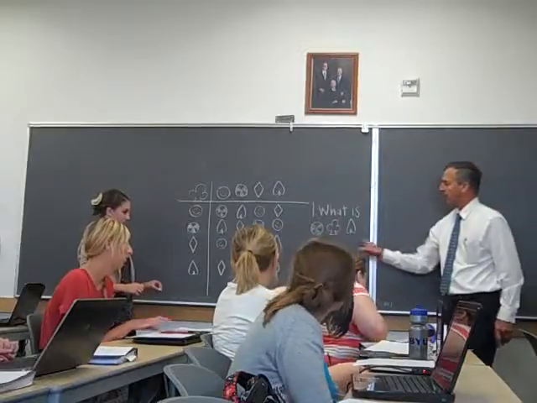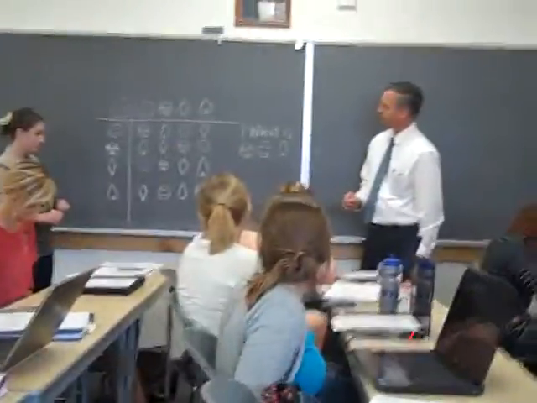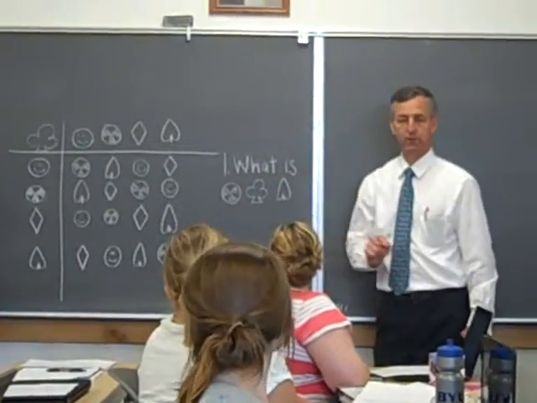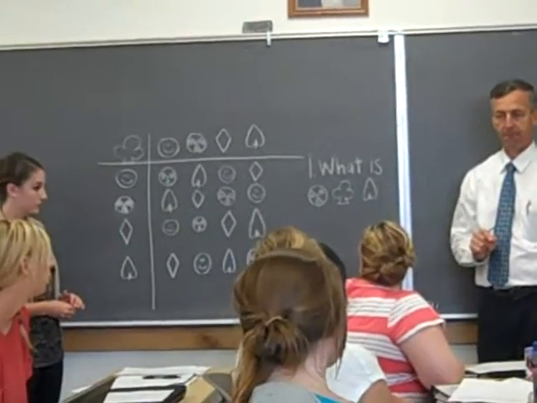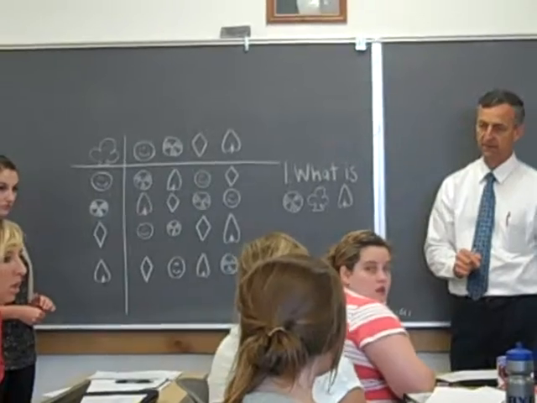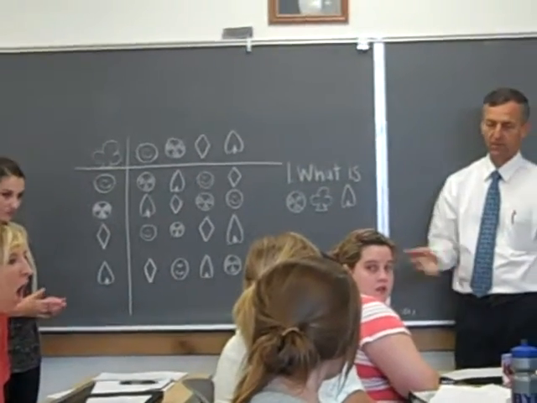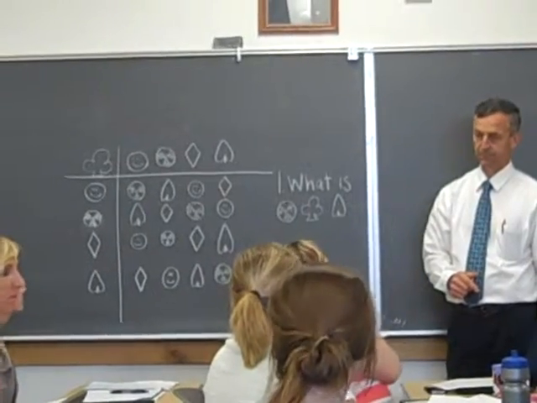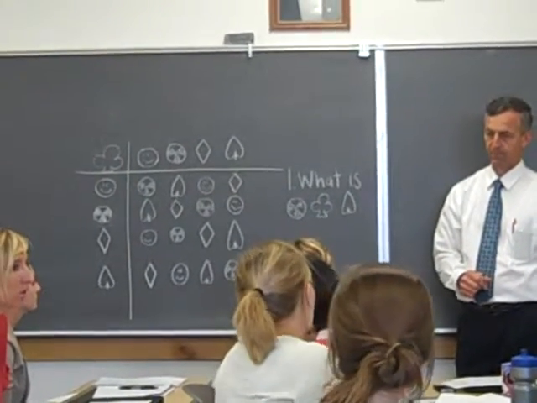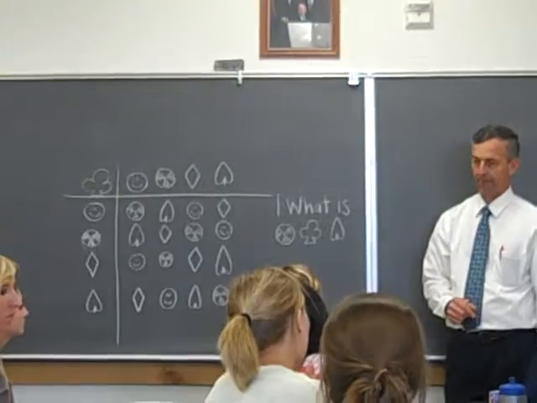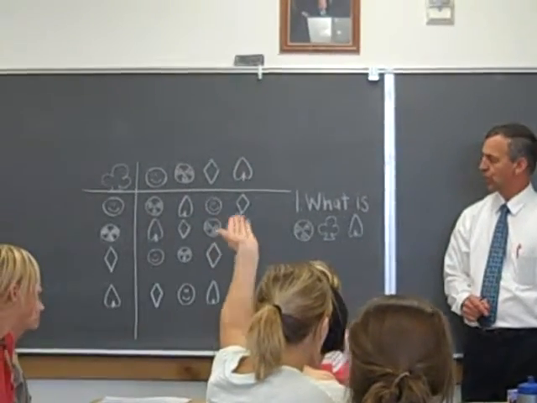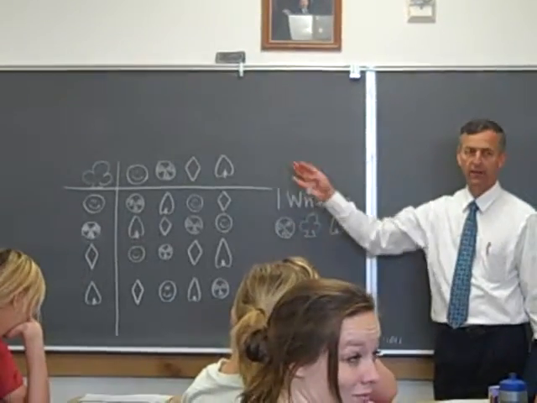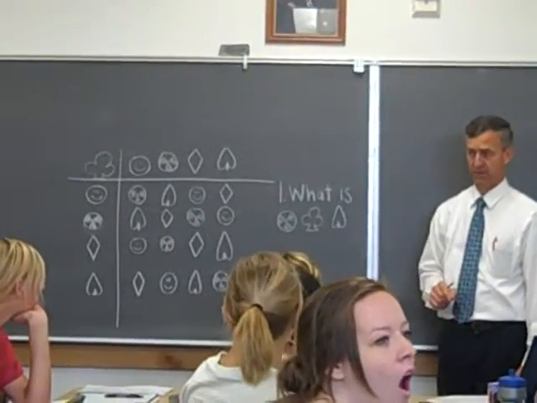is this operation closed? Is this set closed under this operation? You said that really fast. Tell us how you know. Because all of those shapes are included in the set. I mean, it may not have all the shapes, but it is still closed because all of those shapes are included in it. So what would have made this so it wasn't closed, this set not closed under this operation?